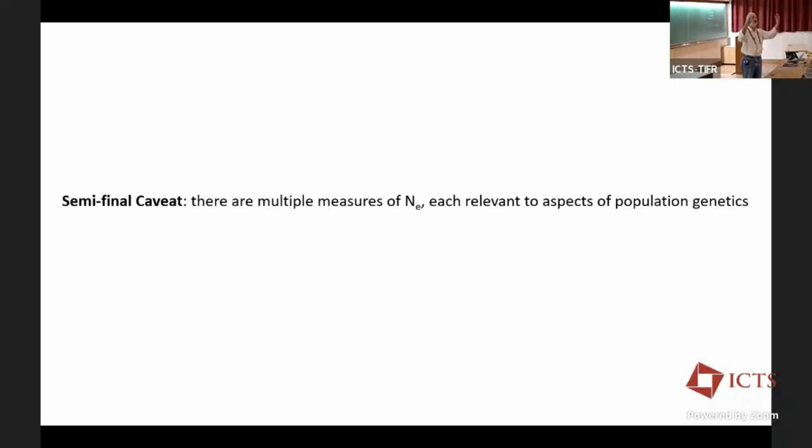Like there's a fixation thing we call the fixation NE that dictates how probable it is that a mutation will fix. That's not necessarily the same NE as this here. It's probably not going to be off by an order of magnitude, but still we need to be a bit careful here. Okay, so I'm just trying to give you the general concept of all these things across today. There's lots of room for work here.